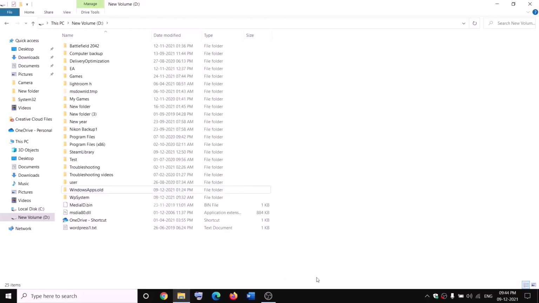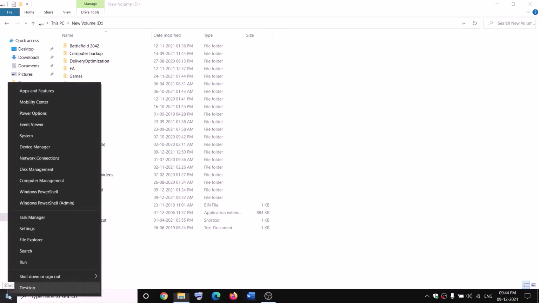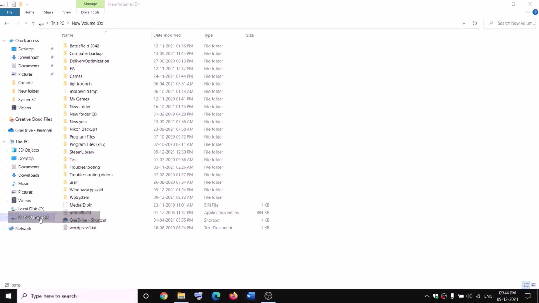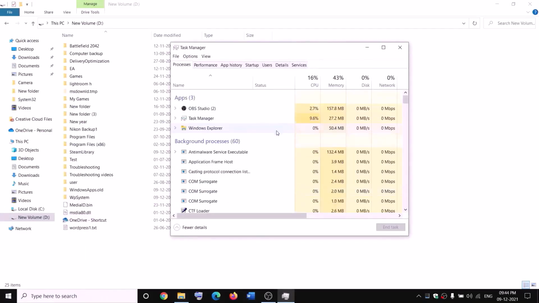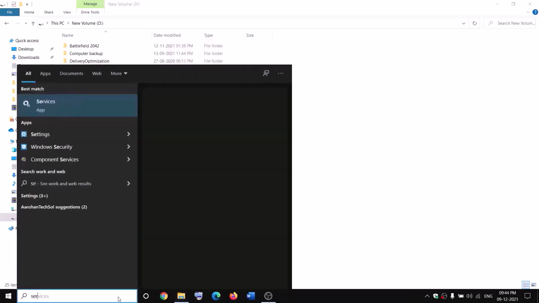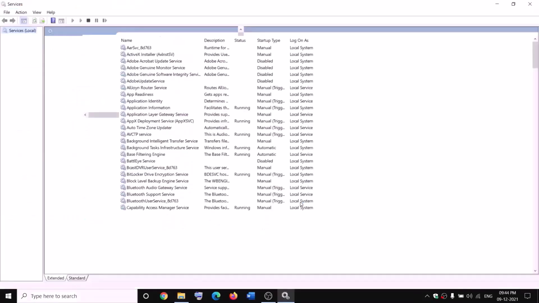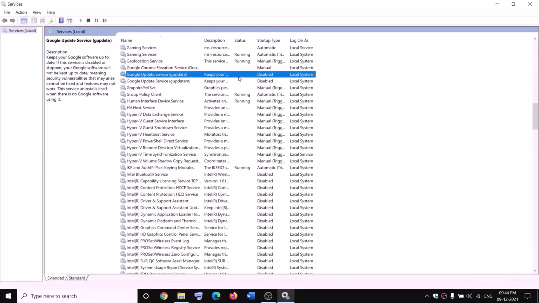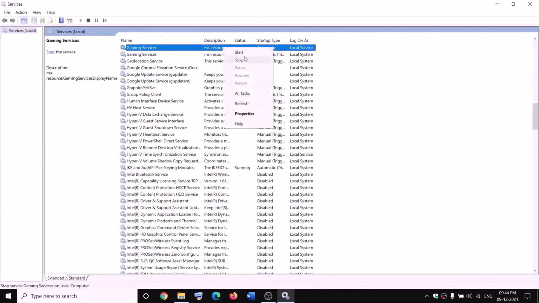open, in that case open Task Manager on your computer. Make a right click on the start menu, click on Task Manager. Now if you find Gaming Services, make a right click and then click on end task, and also open Services over here, and then go to services and find Gaming Services, make a right click on Gaming Services, click on